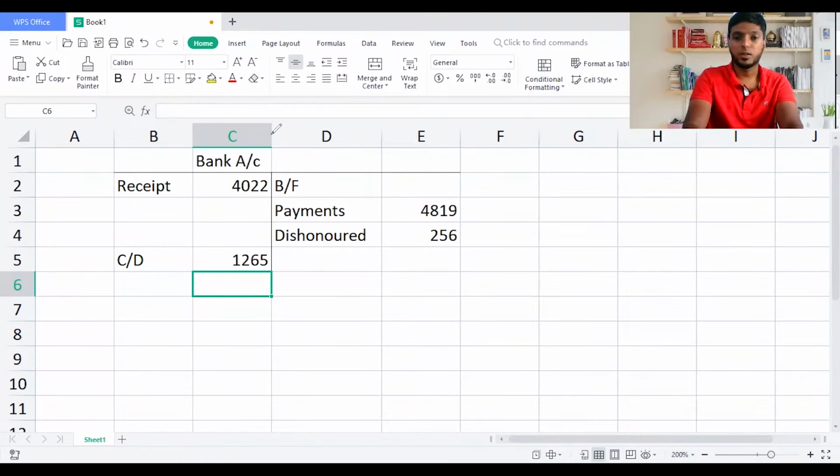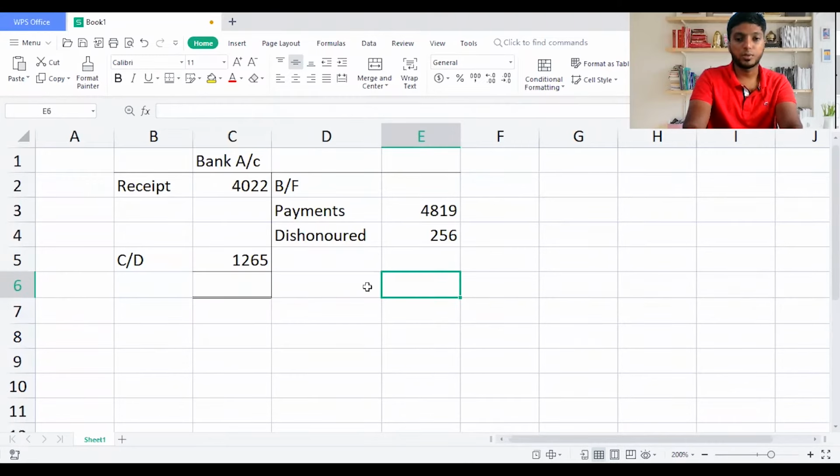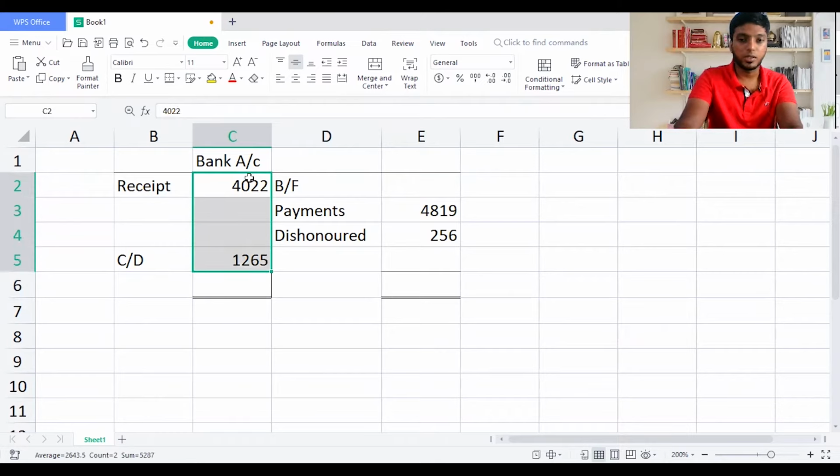What is the brought forward balance? So how do I find it out, guys? It's very easy. I will draw the total column here, so it's easy for me to find the balance. Now I can find my total here on the debit side. You can see it's 5,287. So I'll write the same value because I know that this side is not going to be greater, because we need to find the balance.